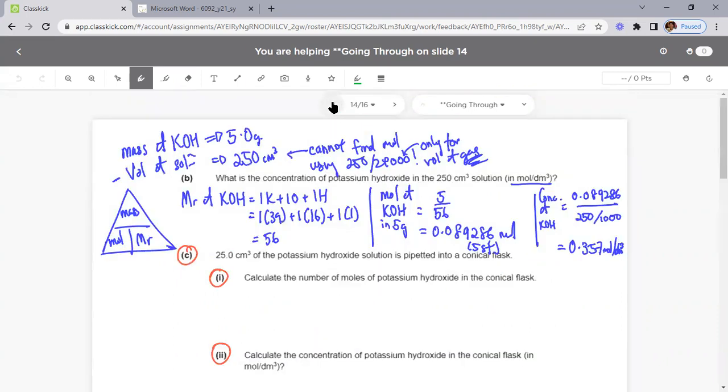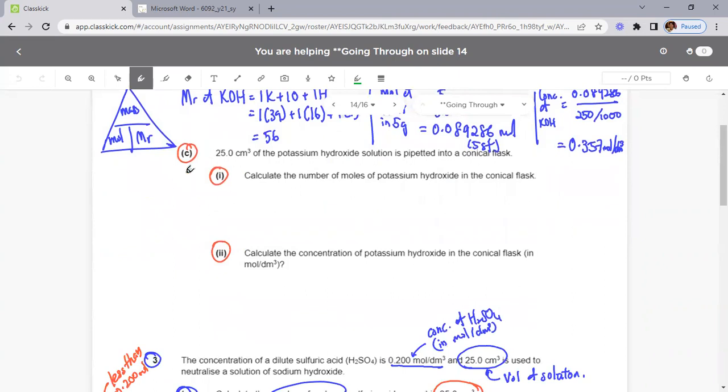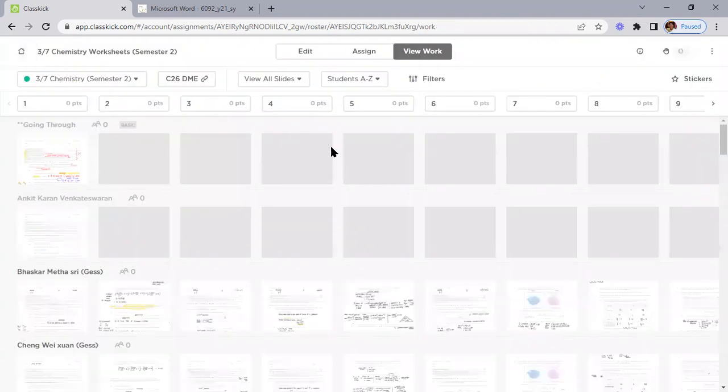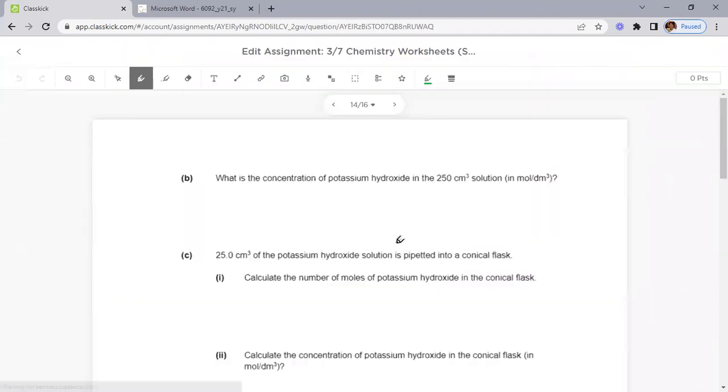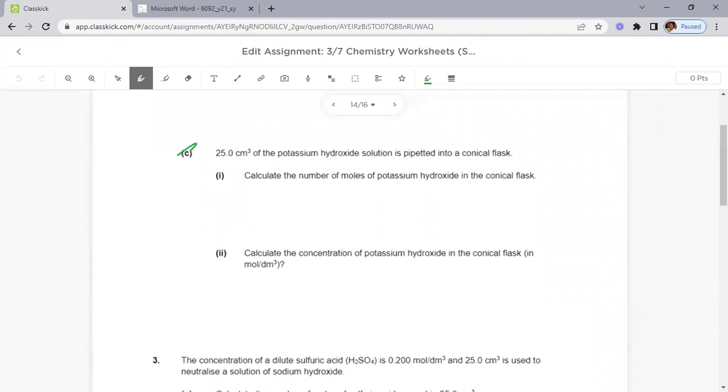So, homework. I'm going to adjust this question a little bit. I'm going to write on your main paper, so let me go to slide 14 on the main paper. I'm not going to put C here. I'm going to cancel this. I'm going to recraft a question on the spot now. So instead of looking at 25 cm of potassium pipetted into a conical flask, I will put